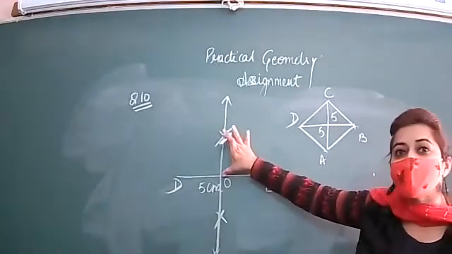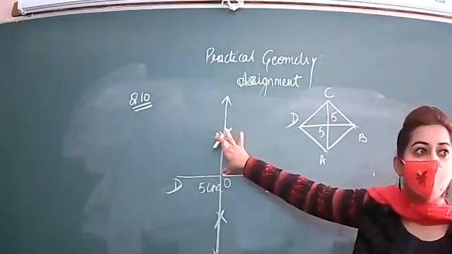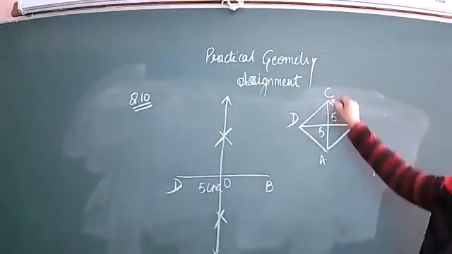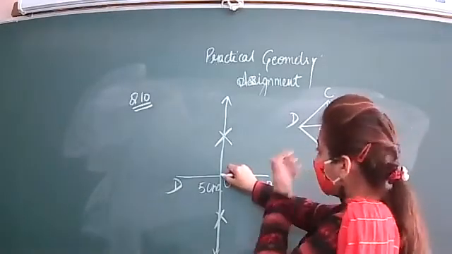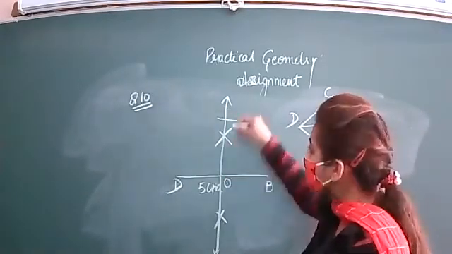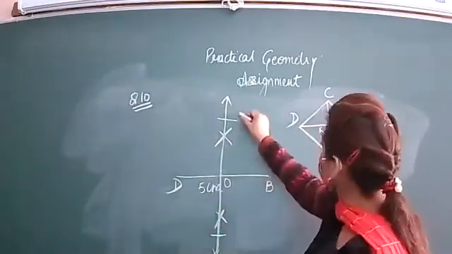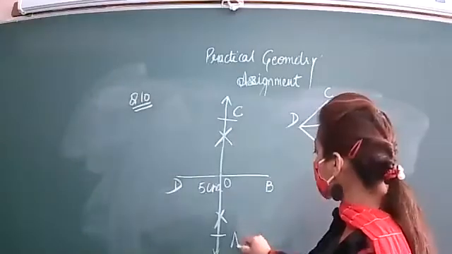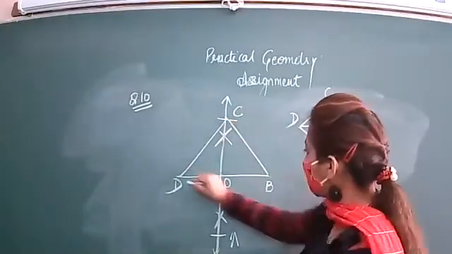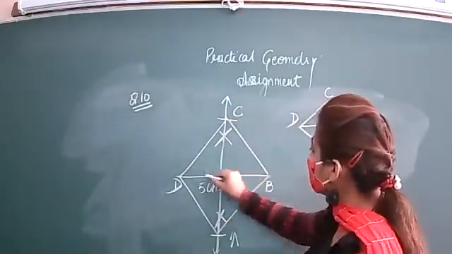What will be the length of the arc that you will draw from O? Yes, that will be half of this. So from O, you will draw an arc of 2.5 on the above side and on the bottom side of this. This will give you C and A. You will join them and you will get a square.